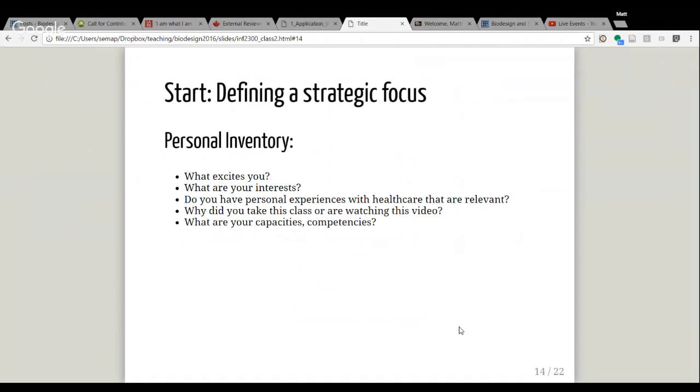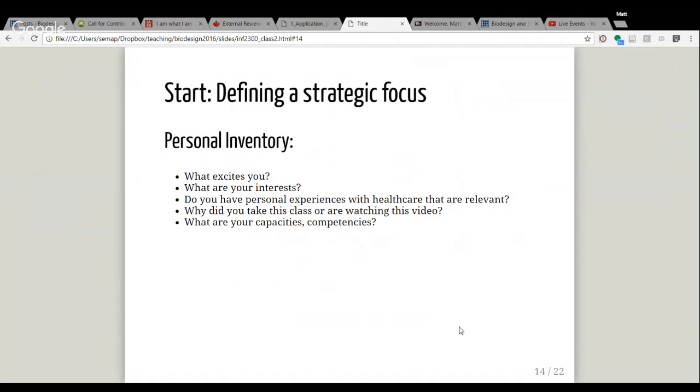member of a team spending some time thinking about what excites you, what your interests are. Do you have personal experiences of your own with healthcare, or experiences that you witnessed with family members that are somehow relevant, that highlight areas that you might want to think about or focus on? Part of those resources you might draw upon is why did you take this class, or why are you watching this video? What about this area is of interest to you that makes you want to carry out some kind